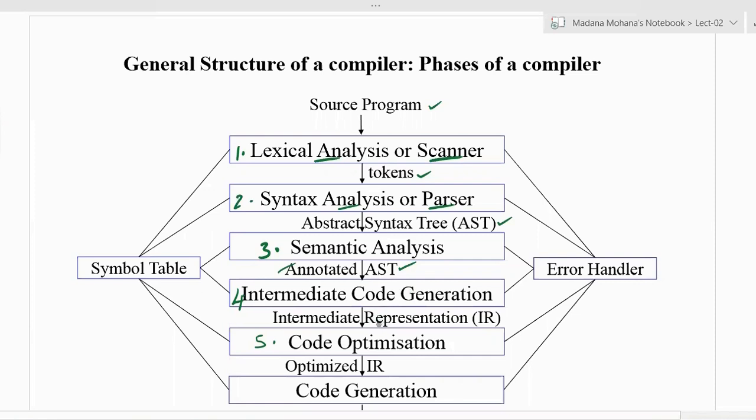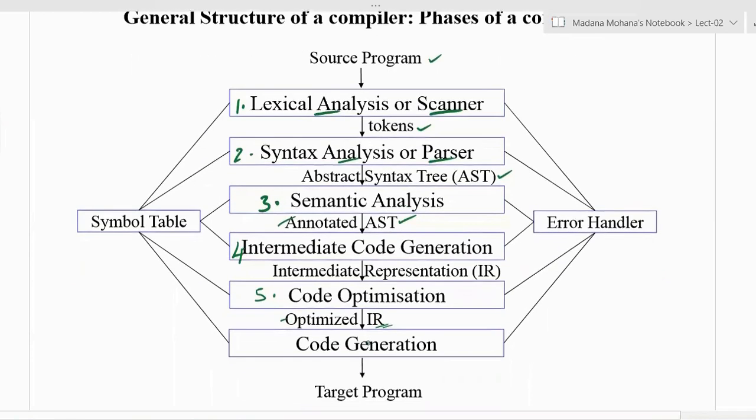If unnecessary variables or any repetitions are there, wherever possible the reduction can be done under the phase of code optimization, which is the fifth phase of compiler. So code optimization takes the intermediate representation as input, then produces the same form of intermediate representation but in optimized form. Some reduction may be done here.